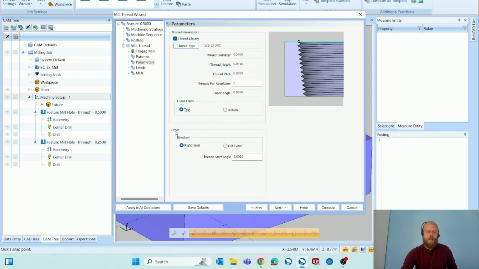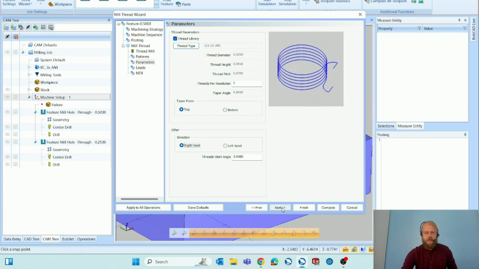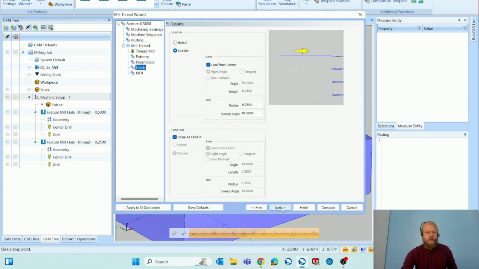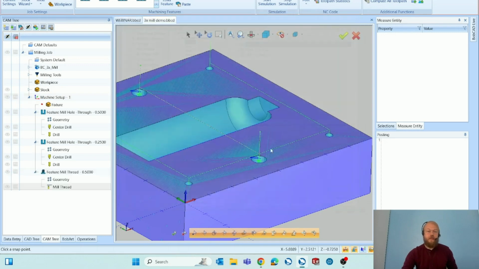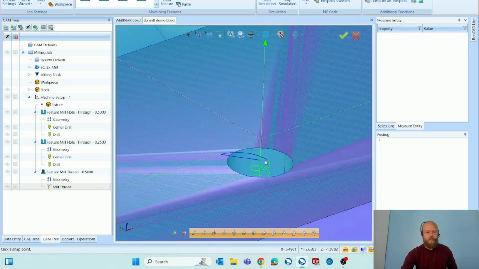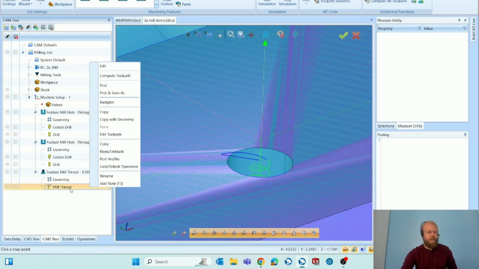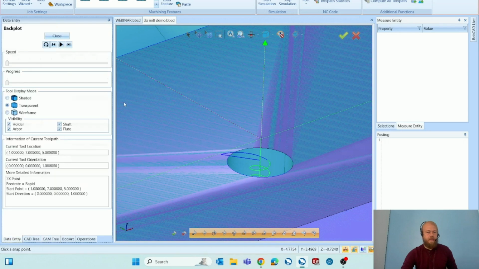And then the direction, right hand or left hand for the thread. Then if it's a helical move or circular, and then helical or circular for the lead in and lead out, and then our manual data input page. I'm going to click OK or hit compute. It looks like the lead in might be too large, so I'll right click on the operation and backplot,